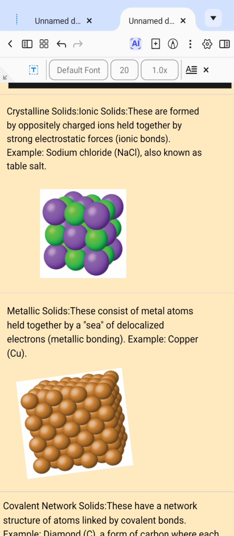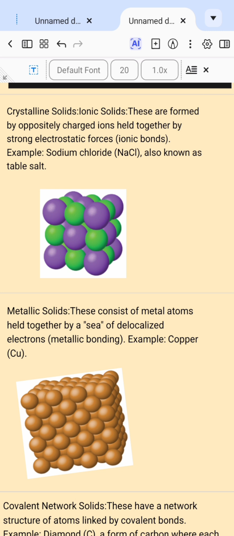So ionic solid is very strong. The solids are very, very strong, and the ionic bonding too, which is also electrovalent bonding, is very, very strong compared to covalent bonding. The next one is metallic bonding, which consists of metal atoms held together by a sea